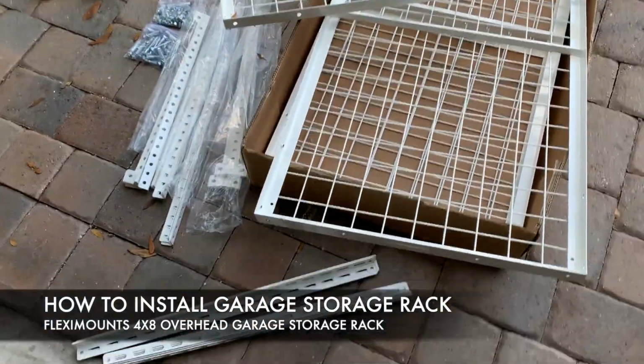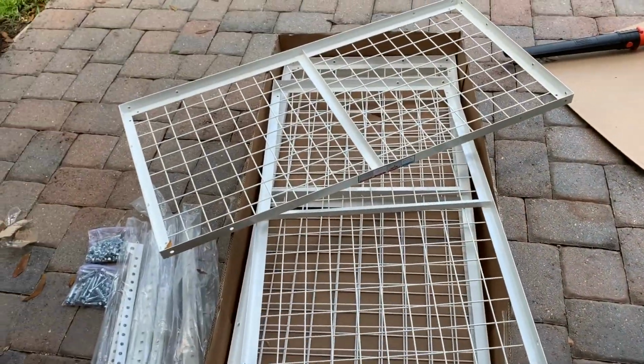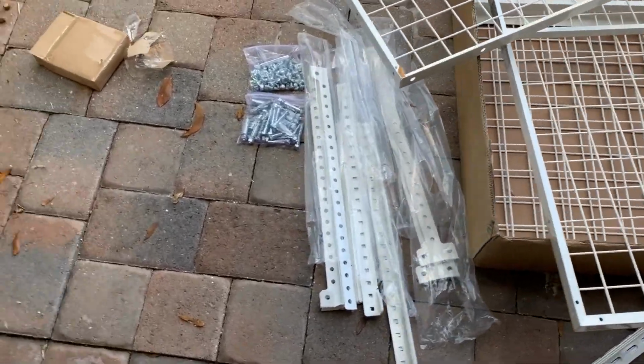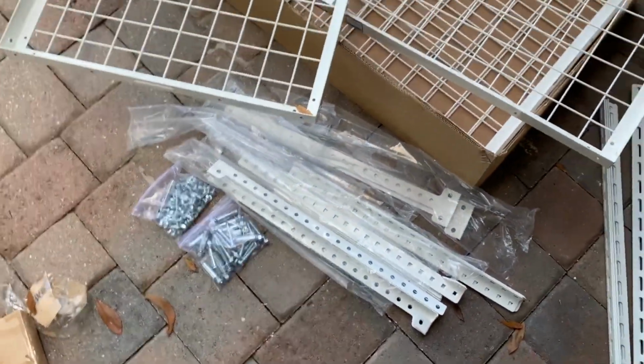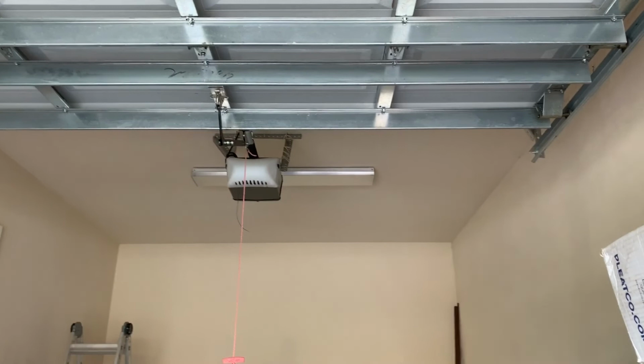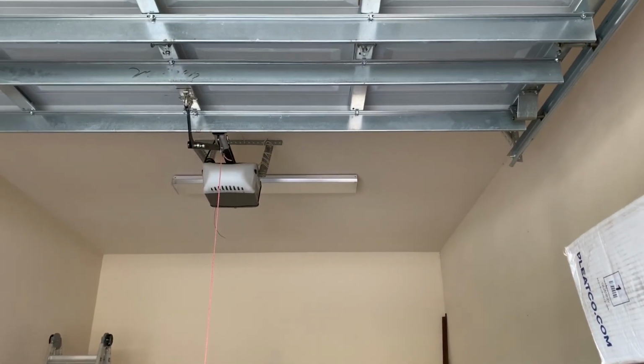So this is all the stuff that came with it, of course not the blower. So I just opened everything up. These are all the hardware. Now in my case, there could be two different types of installation. In my case, it is not a concrete roof, so I have wooden studs on top since I live in Florida. And there are two directions